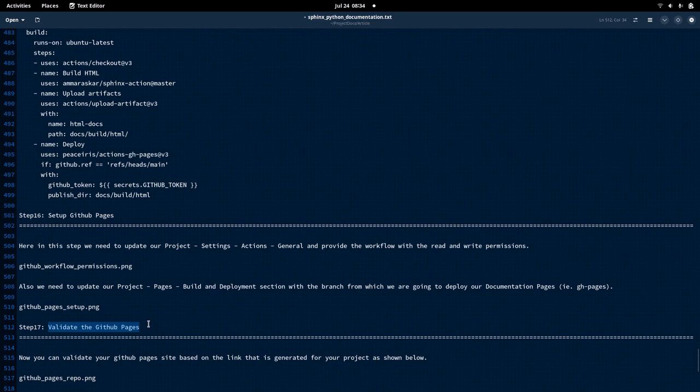Okay, so these are the steps I have already shown you: set up the GitHub pages, and once the GitHub pages is set up, you need to update your permissions and update your GitHub pages section, and once that is done, you can just wait for your workflow to be completed successfully, and then you can validate your GitHub